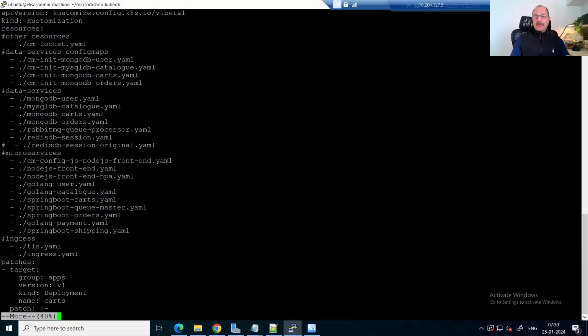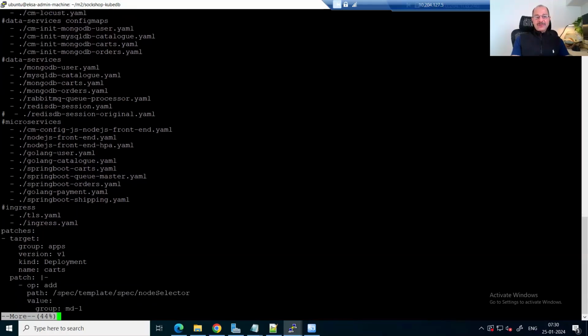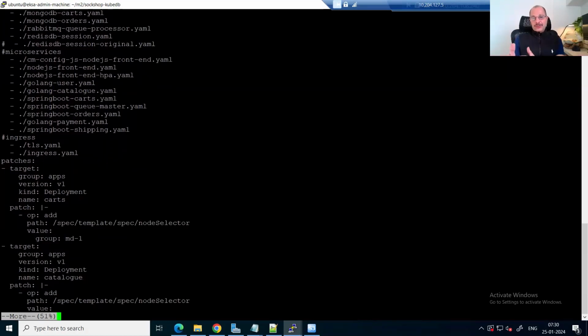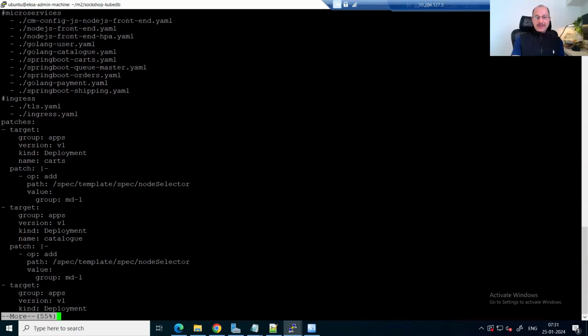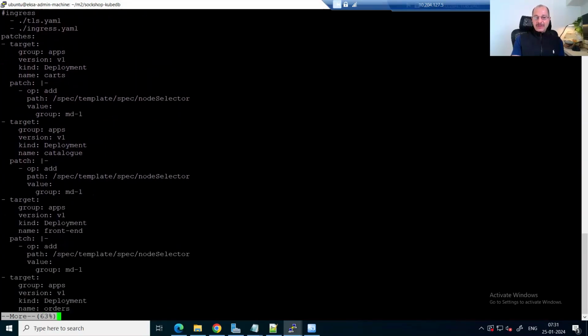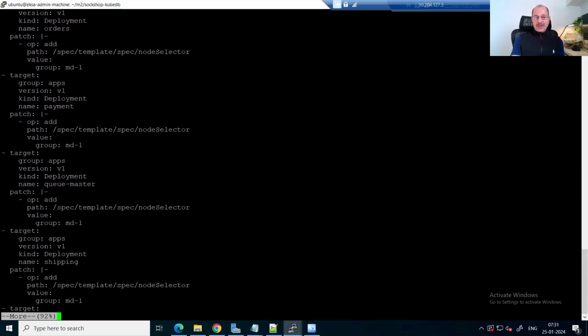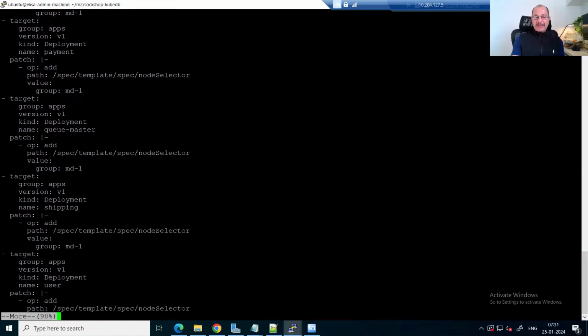There are some patches that I wanted to talk about, which are basically to make sure that, like we said, we have a node pool structure. The node pool structure allows us to put the microservices into a group called MD1. The cart is a microservice, so all the microservices will come up on MD1. Now for the stateful applications,